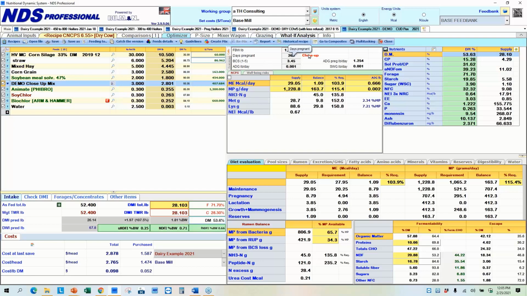But right here you can see we have put a diet in that would be representation of a close-up cow diet. And you can see again, just from the small synopsis, that it's 265. It says close-up here. And again, right down here, we have our mammogenesis area right here. So what I'd love to do is just change this to 255. And we lose the close-up